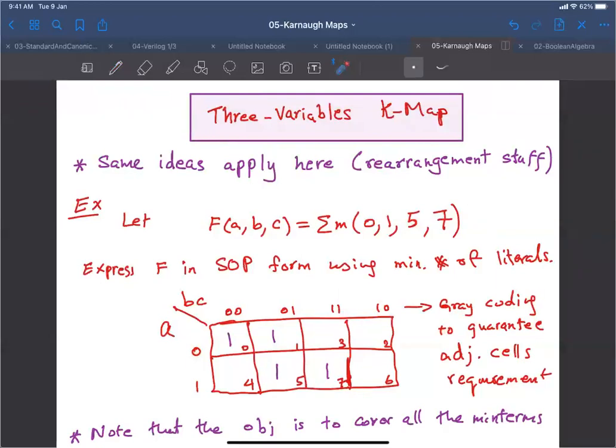Now you can number the cells, the min-terms here. So this is 0, because 0, 0, 0, and this is 1 because this is 0, 0, 1, and this is 3 because this is 0, 1, 1, and then 2, which is 0, 1, 0. So the numbering goes 0, 1, 2, 3, and then 4, 5, 6, 7. So the ones here are going to be, or the min-terms are going to be here and here, depending on the number here, and here and here. We'll pick up